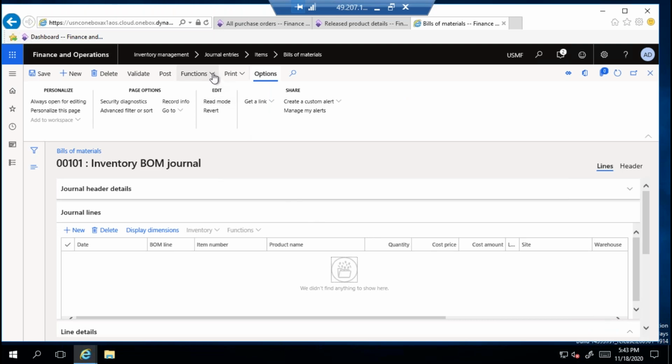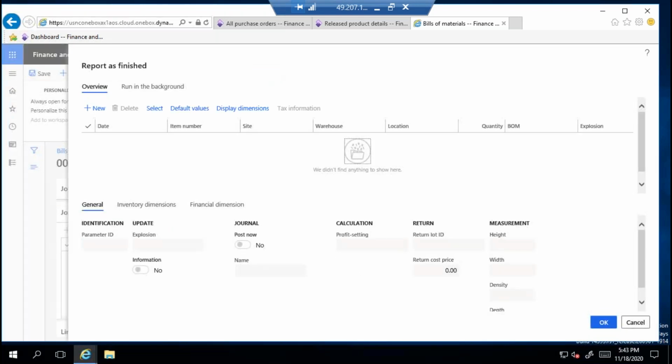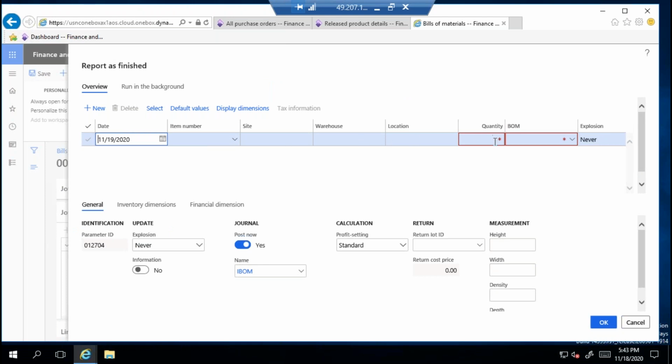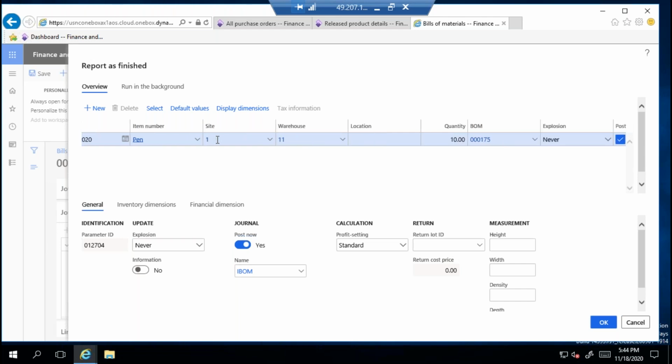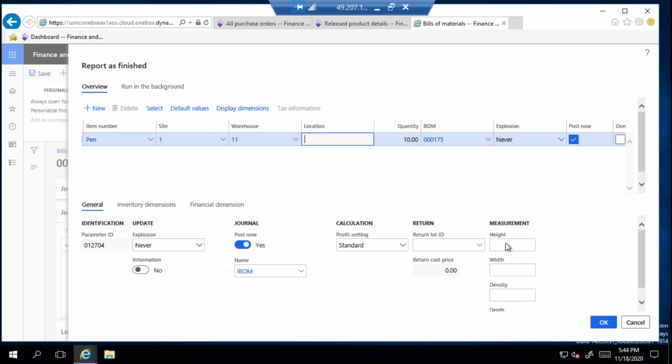So I can click on functions, report as finished. Here I can click. I want manufacturing of the items for pen. For pen, I want 10 quantity. Understood? I want manufacturing of 10 quantity. If I click OK,